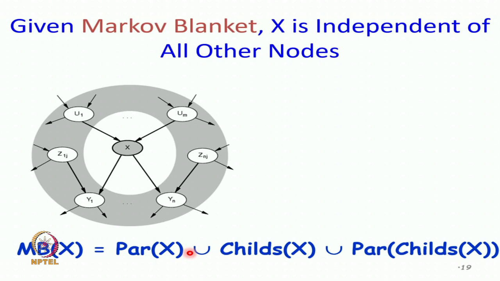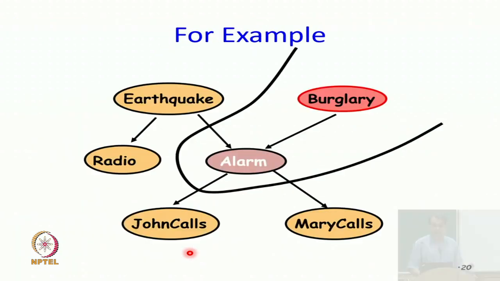My Markov blanket is my parents, because they consume all the evidence I am getting from my ancestors. It is my children, because they give all the evidence they give to my descendants, and also the other parents of my children, because they are also the ones that are affecting my children, and so that makes a collective whole. This is called the Markov blanket. So, let us ask some questions.